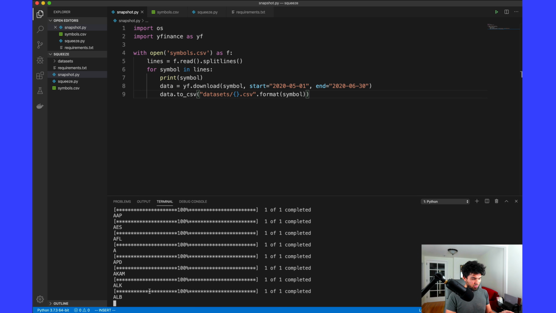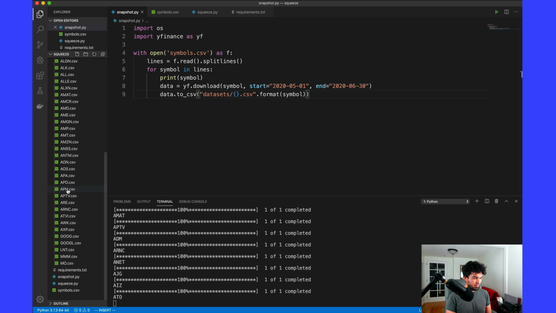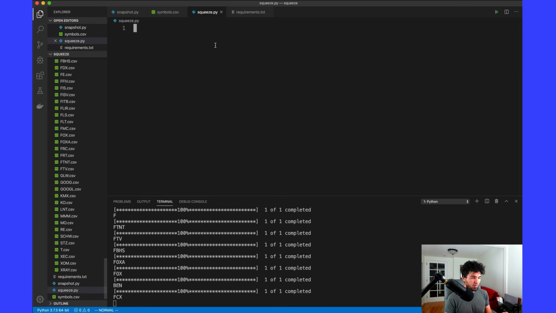So I run that, and you see how it's showing a progress bar, and it's looping through all the symbols in the S&P 500. And if I open my datasets directory, you'll see data is flowing in, and I'm going to let it run for a minute. So while that's running, we can go ahead and start on our squeeze.py to start implementing the algorithm here for